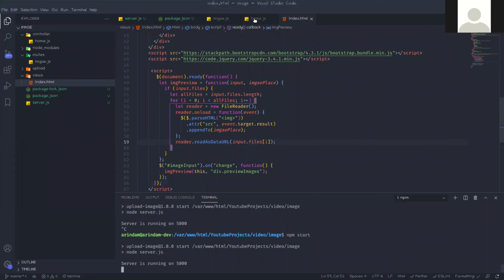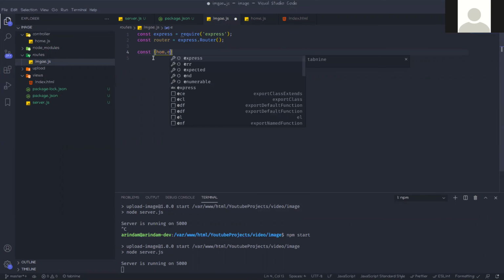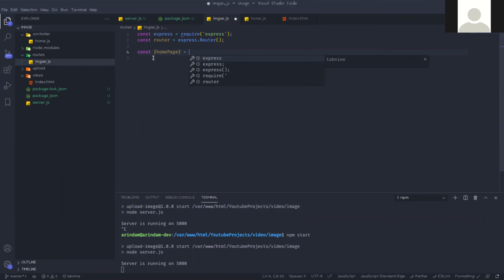We didn't set the route yet, so go to image.js. In this image.js, first you need to bring in the controller function that you created, the home page. So const homePage and require.